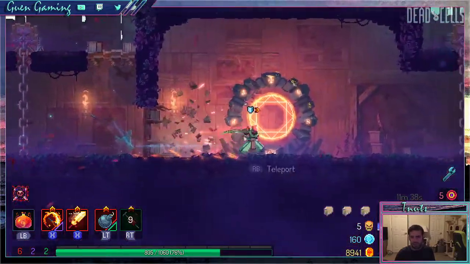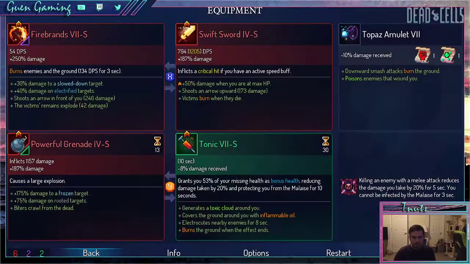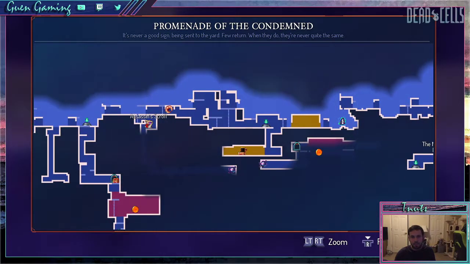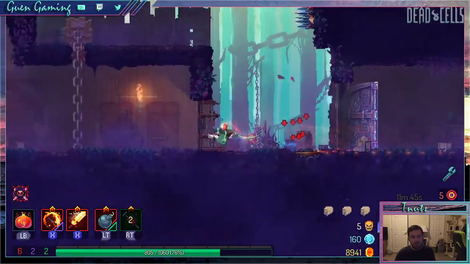Already had 60, so doesn't really matter. Got Explorer's Instinct, so am I missing any scrolls here? I actually haven't really been counting. And I did, and there's actually food back there too, so...